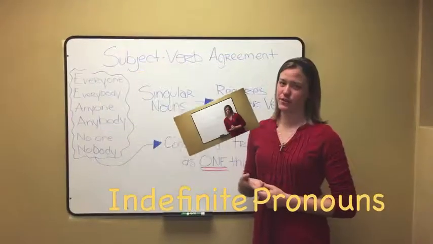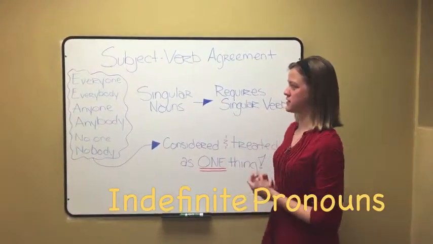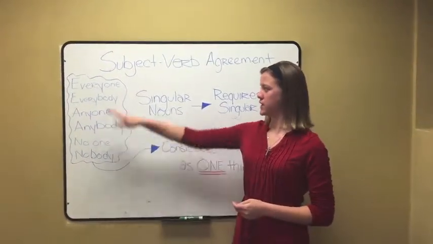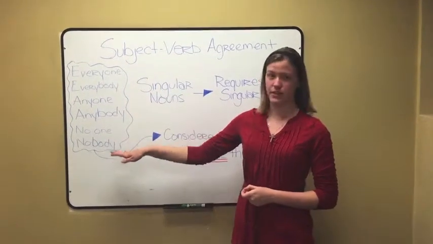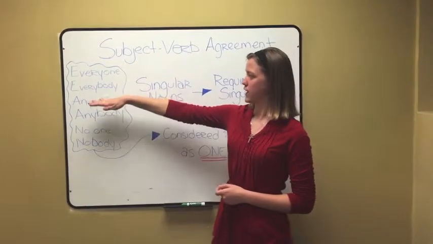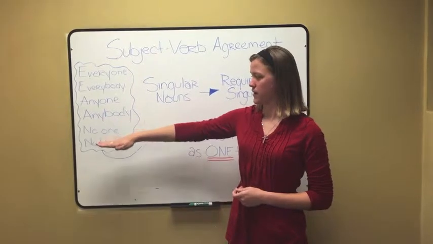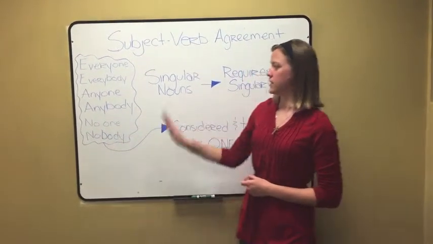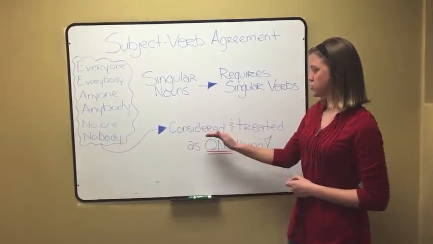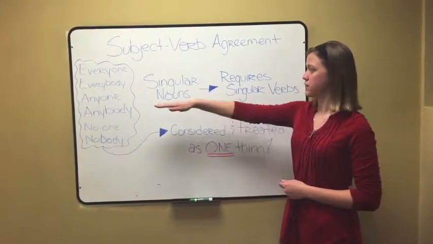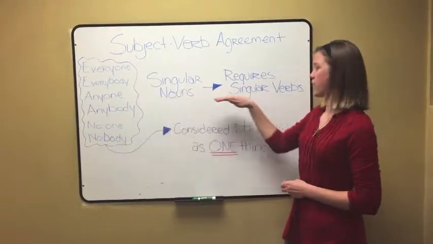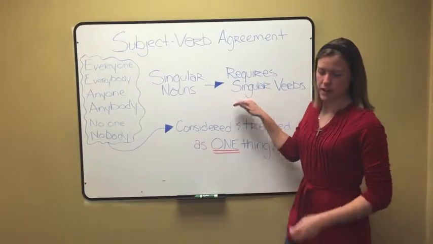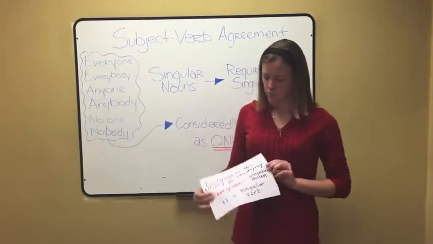Hey everyone, we're going over subject agreement, and there are some specific rules you need to know about these types of singular nouns: everyone, everybody, anyone, anybody, no one, and nobody. These are all considered and treated as one thing. Therefore, they're singular nouns, and they require singular verbs. An example of this would be